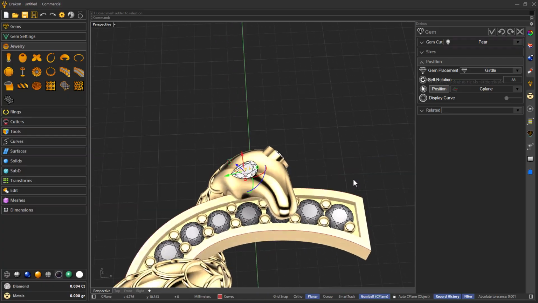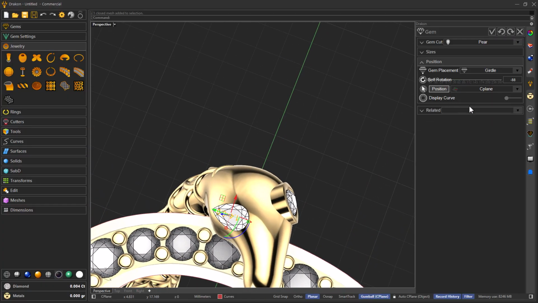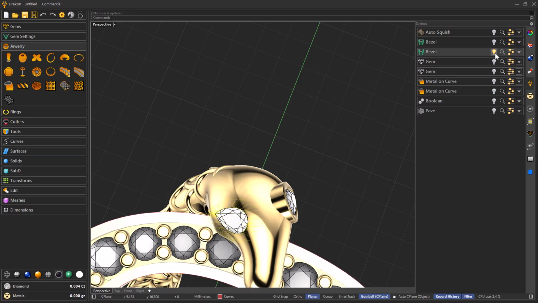So let's make it on the object, and also in this case it's taking more since we applied the texture. There are more objects on the document, so I want it somewhere in here. Okay, now let's bring back the bezel,